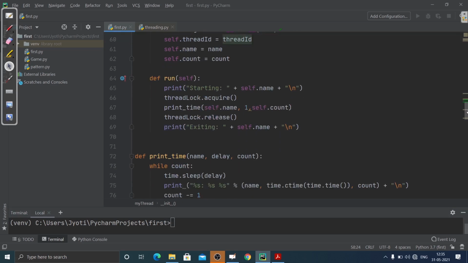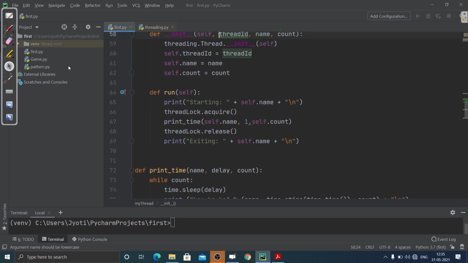Then you remember how we used to define the run function that is there inside the Thread class. Actually we are overriding it, and we write whatever we want to get executed as a thread inside this.